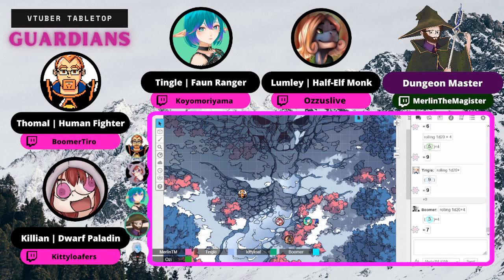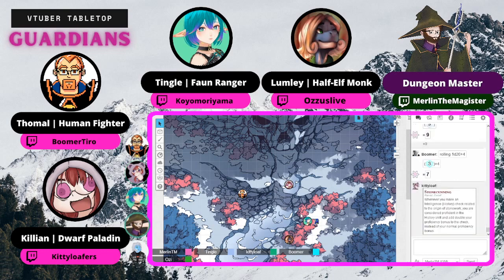And Killian, what are you doing? Arr, I be walking up to the giant stone skull, and I don't normally do this, but I be trying to think real hard about what I can know or intuit about the history of the stonework. With me stone cunning. Gotcha. With your dwarven knowledge, make a history check.